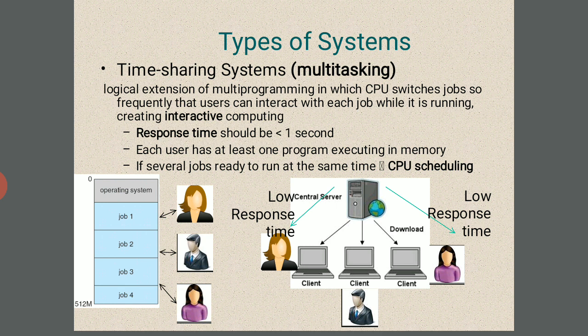Here is the server, client 1, client 2, client 3. The applications are run on the client computer and sent to the server system. The client database is stored on the server system, and the clients also receive data from the server.